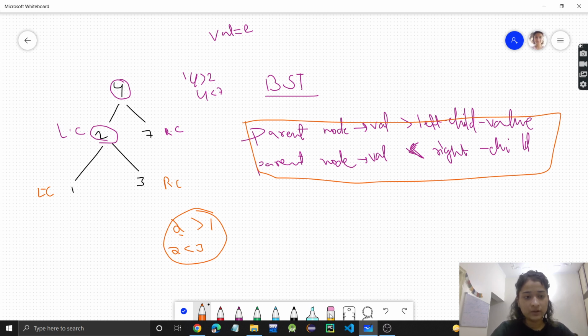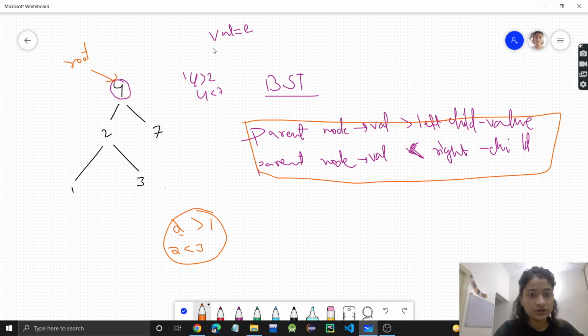Now see, what we need to do is, let me remove this. So we need to find a particular node, right? 2. So I have to find whether 2 is present in the BST or not. And obviously for every tree problem we are given the root of the tree. So this root pointer or root variable has the address of the root node and it is given to us. So now what we have to do, we have to search whether 2 is there or not.